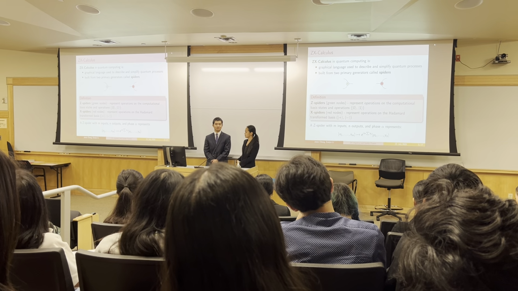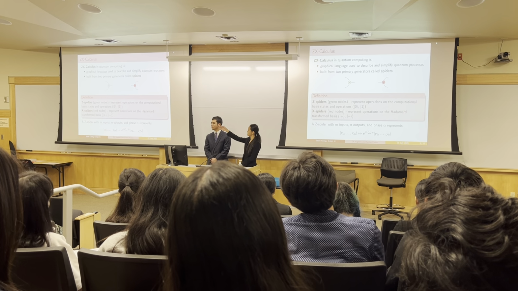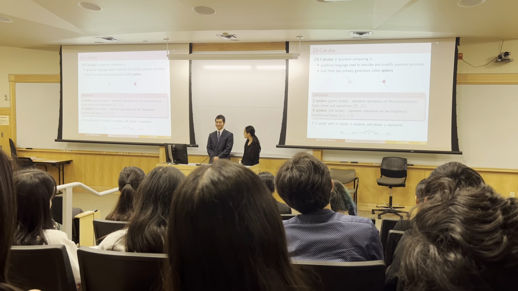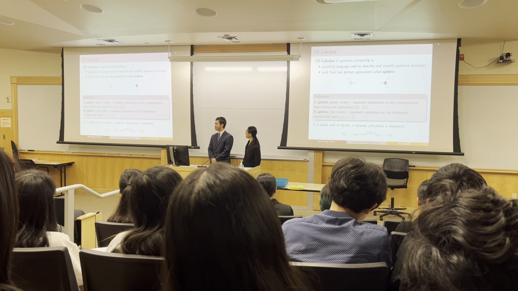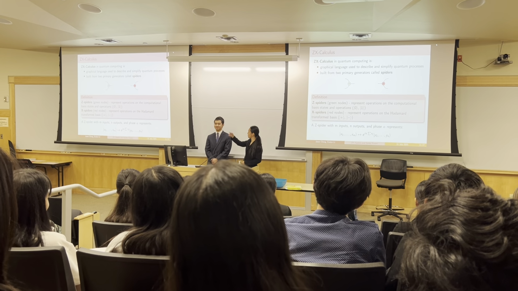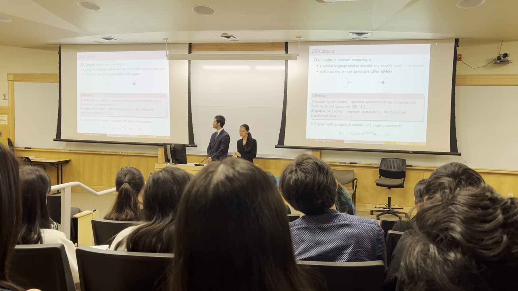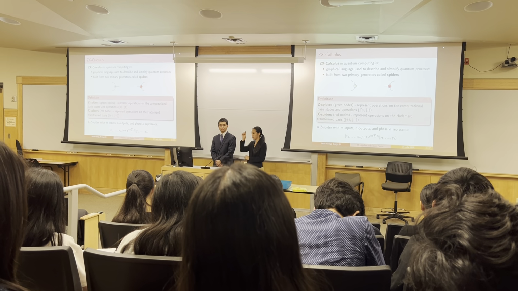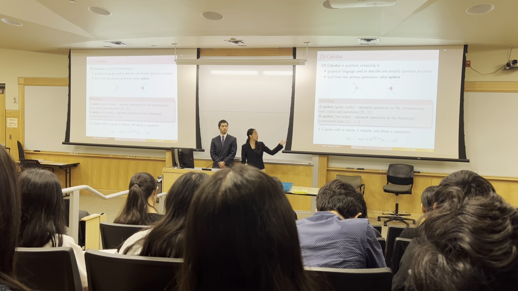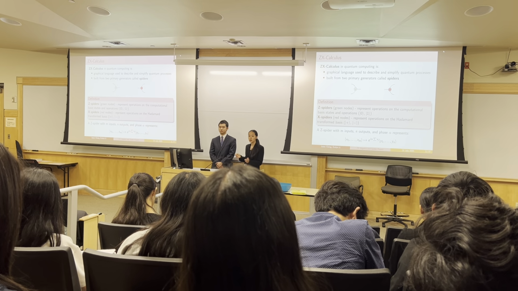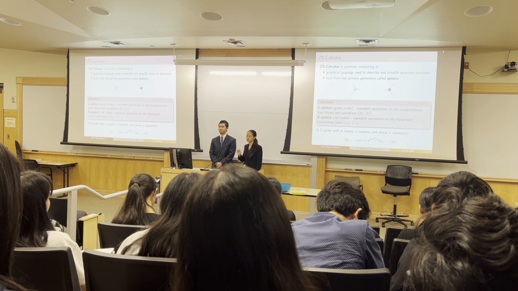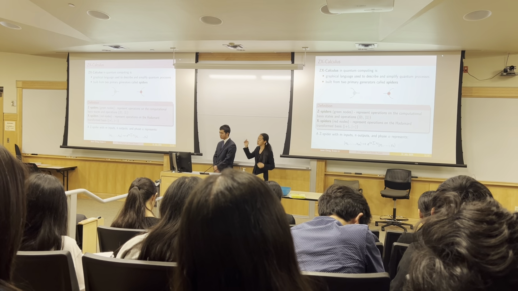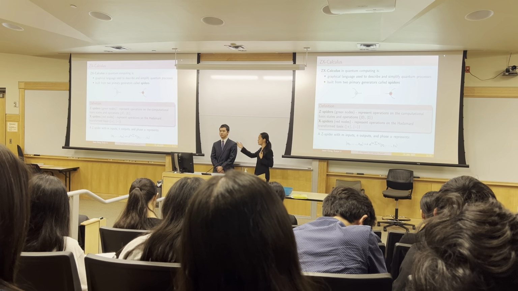ZX Calculus is mainly built from two primary generators called spiders, the green and the red dot that you see here. Spiders are scary in real life, but in quantum computing, they're your best friends. Z spiders are denoted by the green nodes, and they represent operations on the computational basis, which, as Jesse and Angela mentioned earlier, are the 0s and the 1s. X spiders, denoted by the red nodes, represent operations on the Hadamard basis, which is just a transformed version of the computational basis that is used in quantum theory. Formally, a Z spider with n inputs and outputs and a phase alpha is represented by this mapping.